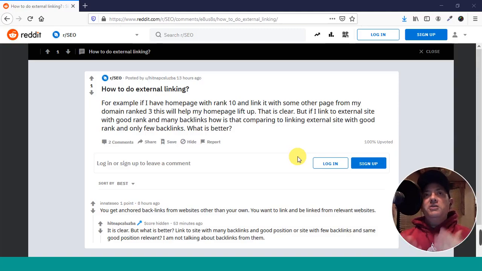Scientific papers do the same thing. Scientific web pages, medical pages, they do the same type of thing. They'll link to authoritative studies. So that is very much believed to have some sort of positive impact. But a lot of people don't do external linking because they don't want to pass any of the PageRank, or the link equity, link juice. They don't want to pass it around to other sites. So they want to keep it all for themselves. So a lot of people don't do external linking.